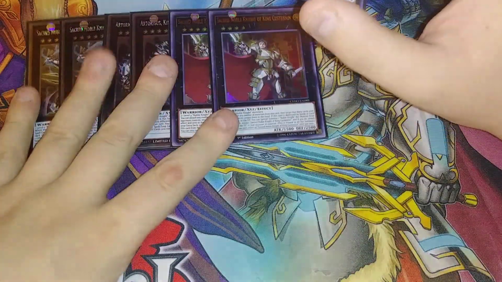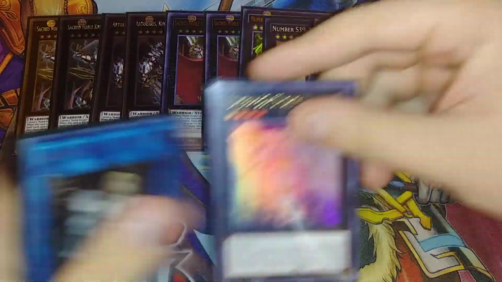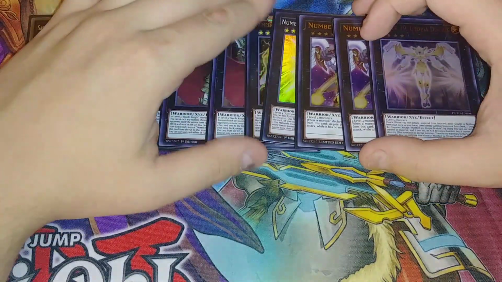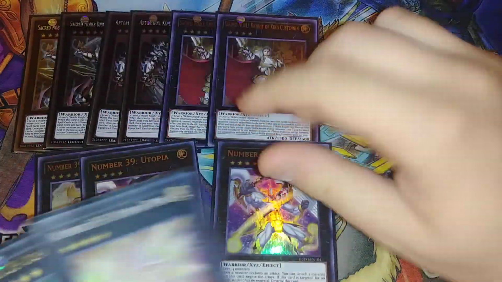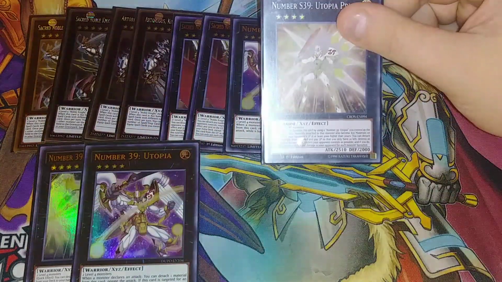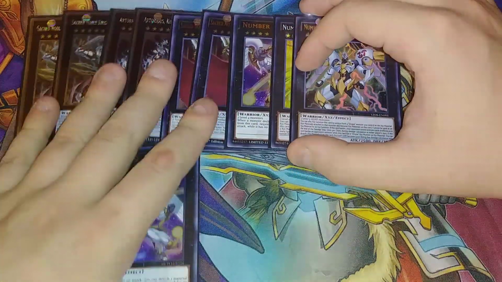Then I play the Utopia package, which is 1 copy of Utopia the Lightning, 1 copy of Utopia Prime, 2 copies of Utopia, and then 1 copy of Utopia Double. So basically what you do with this is, and I'll explain it like I normally do, you have Utopia Double, which is a package, and then you have Utopia the Lightning, which is a package. If you want to go the Utopia Lightning package, you go Utopia, and then I overlay on top of Utopia, Utopia Prime, and then I go Lightning to give myself 2 5,000 attack point